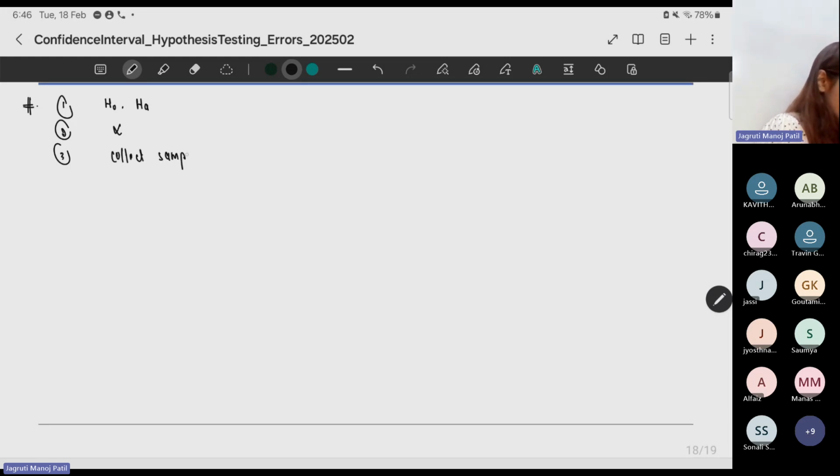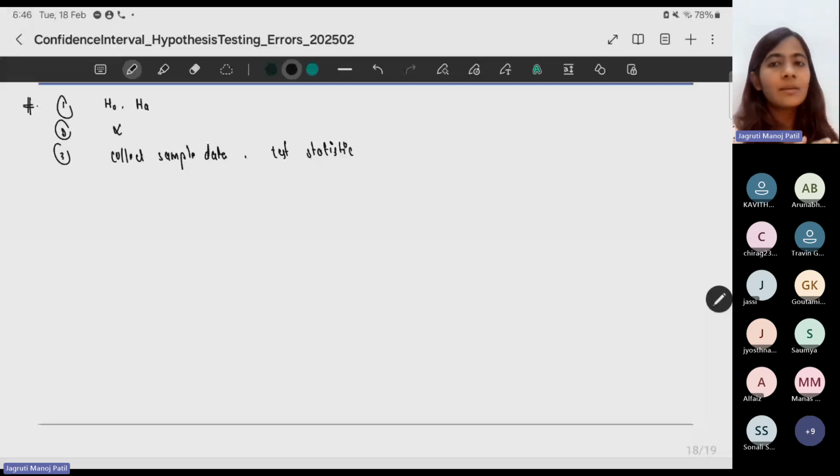Or if you already have the data with you, then you directly start doing your hypothesis testing. Collect the data and do the test statistics that we did previously. Now here, test statistics does not directly mean that you do the t-test. It's either the Z or the T, but in the case of samples, it will always be T because you don't have much data with you. Then if it's a p-value approach, you'll see whether your p-value is less than the significance value. If it's a critical value approach, you'll compare against that particular critical value,